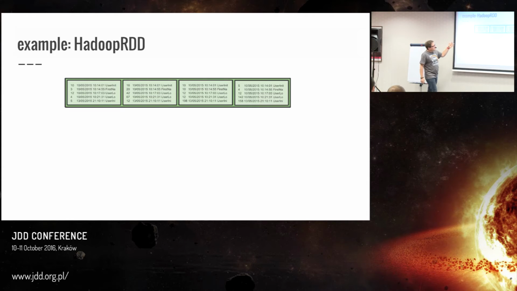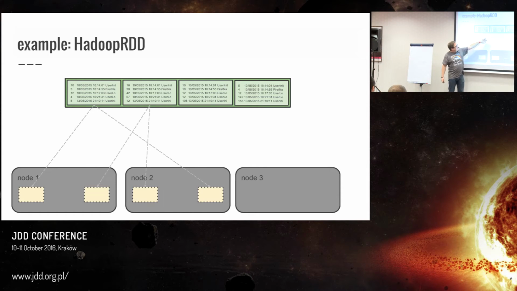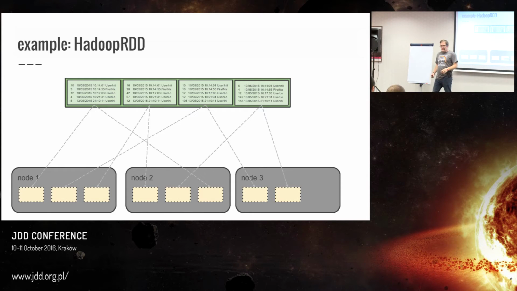So if you have some file on your distributed file system, that file is already divided into smaller chunks called splits, right? So if this is your cluster, if this is your Hadoop instance, that split may live on node 1 and 2, this one as well, the next one, 1 and 3, and so on. So your file on the HDFS is already divided into smaller splits, and the number of copies is correlated